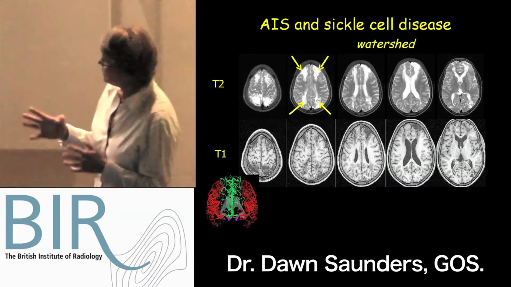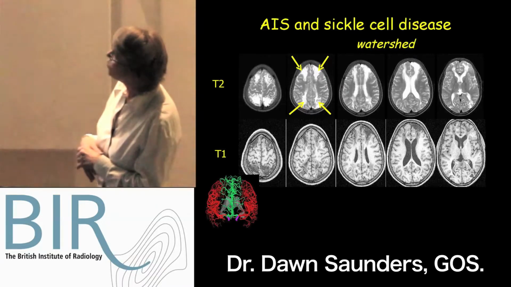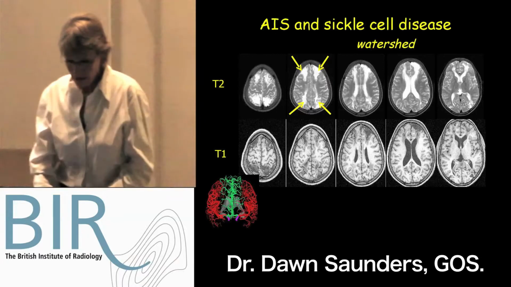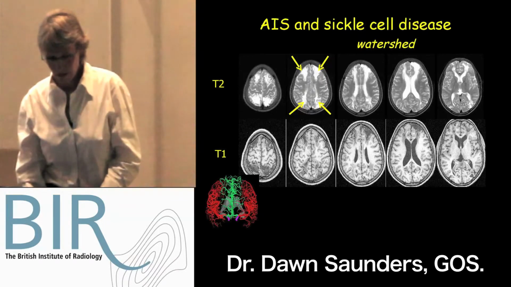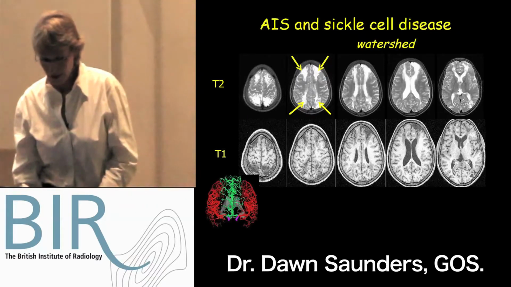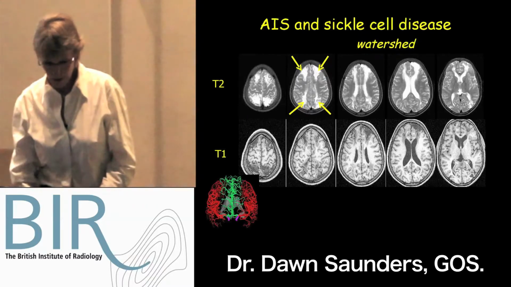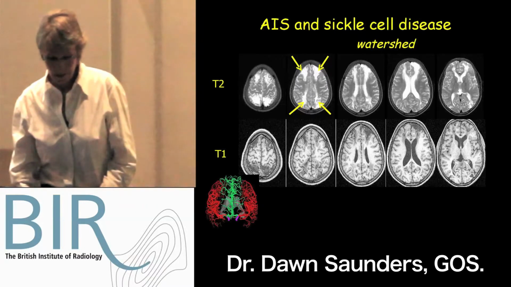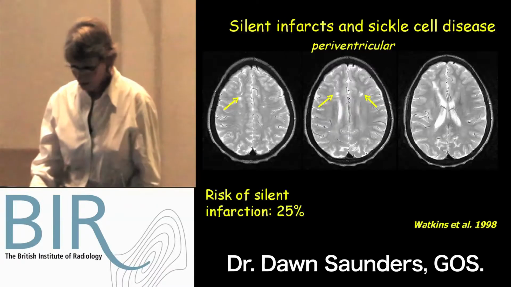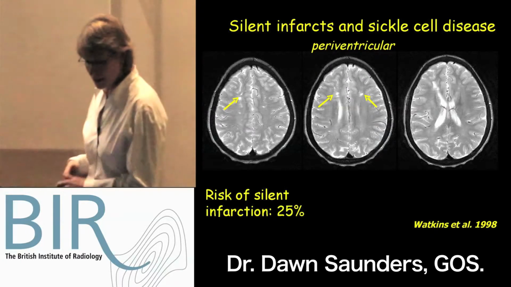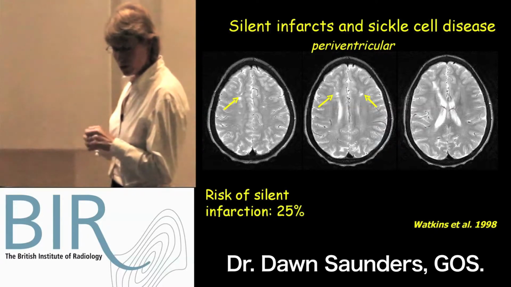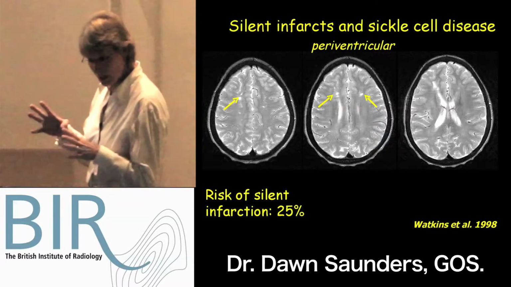infarct. So this is a very, very typical watershed infarction in sickle cell disease, the watershed between the anterior and the middle, and the watershed between the middle and the posterior at the back. And this is clearly a chronic infarct. And you can see this just shows you exactly where the watershed is between the red middle cerebral and the green anterior cerebral circulation. And as I mentioned, there are a portion of children who have silent infarcts, these periventricular